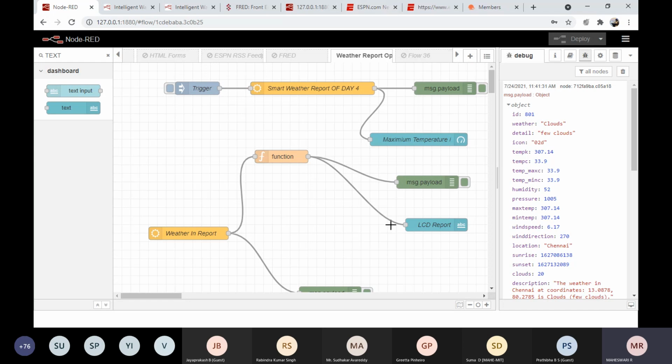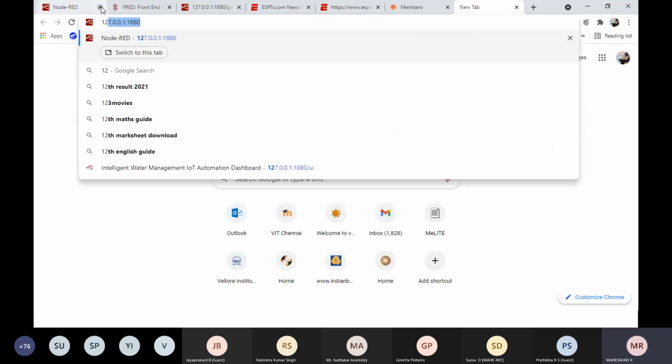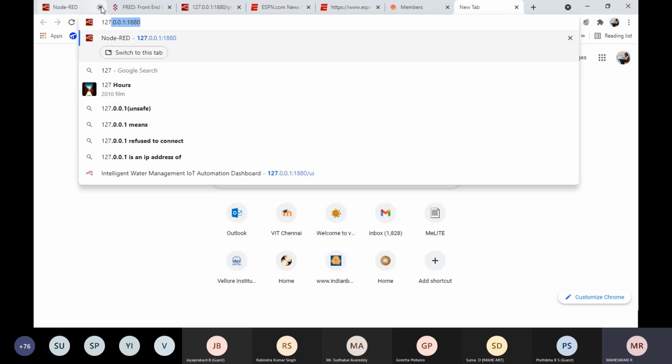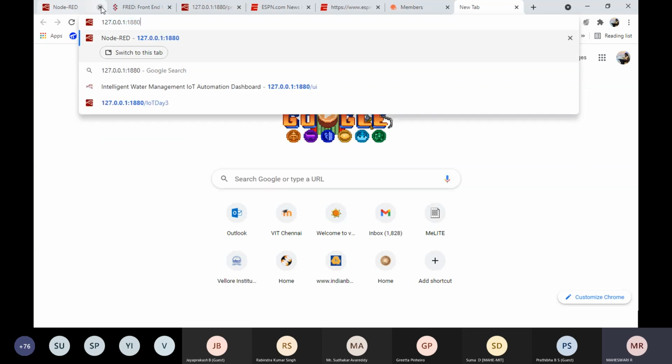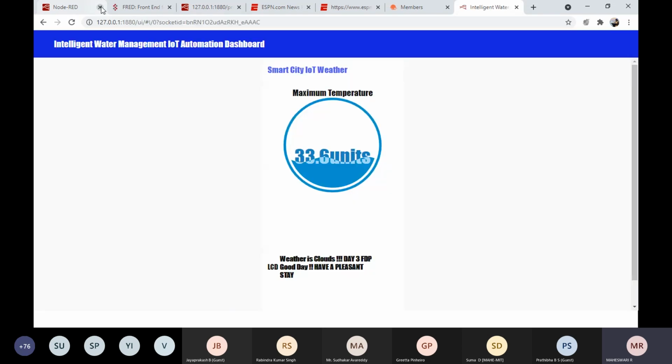Okay, so I can show you the output as well in the UI. The other way to show UI based output is 127.0.0.1/small UI. If you press small UI, so now you could see weather is cloud, day 3 FDP, good day, have a pleasant stay.